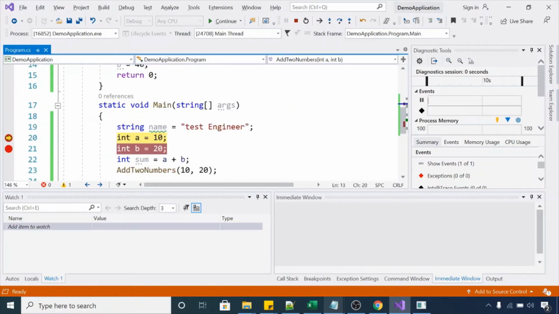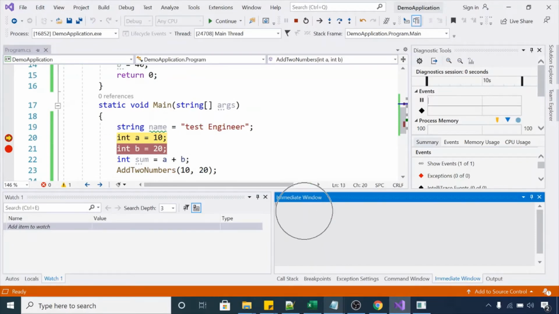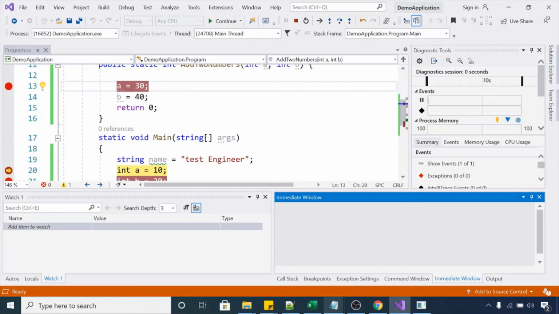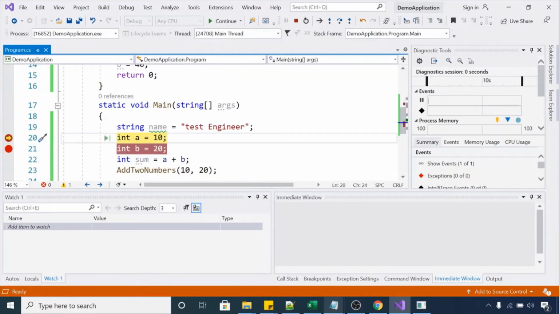Now if our control is in the main method and I try to use a variable in the immediate window, it will give me the value of this local variable a. And if my control is in the addTwoNumbers method, and I try to fetch the value of a variable in the immediate window, it will give me the value of that local variable. Let me try this.